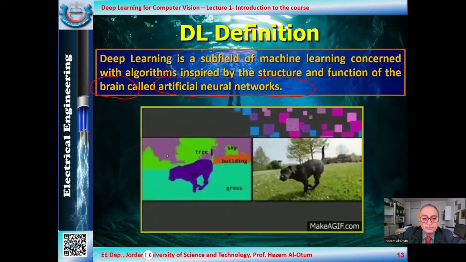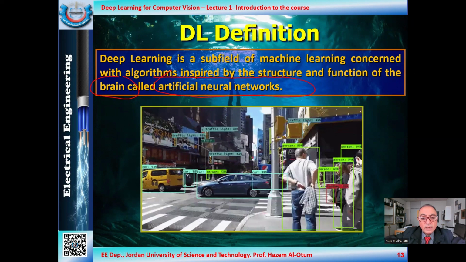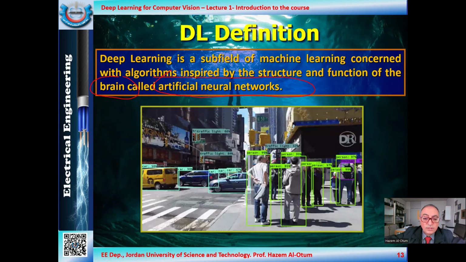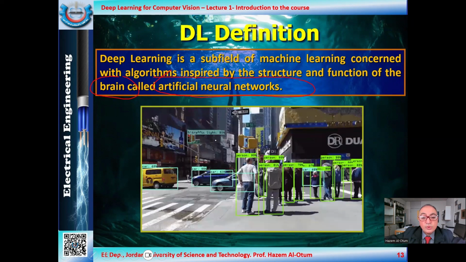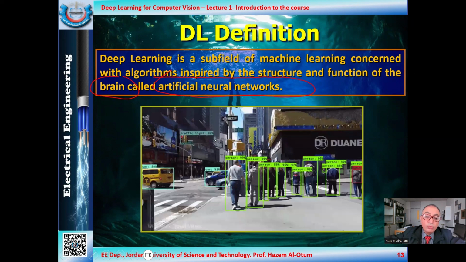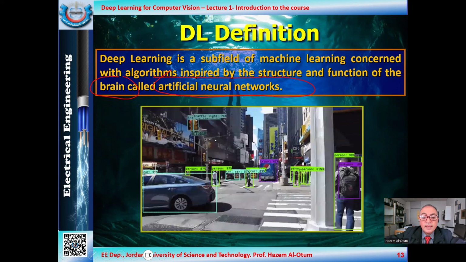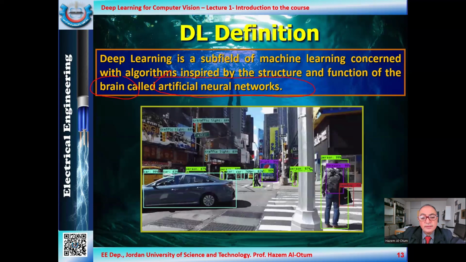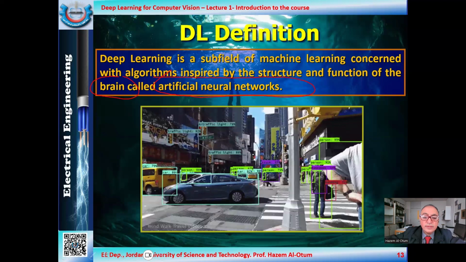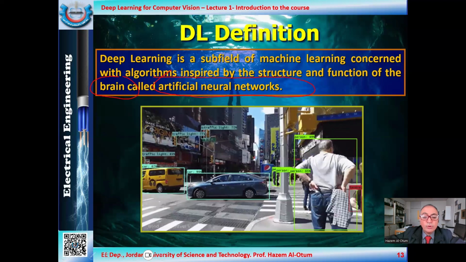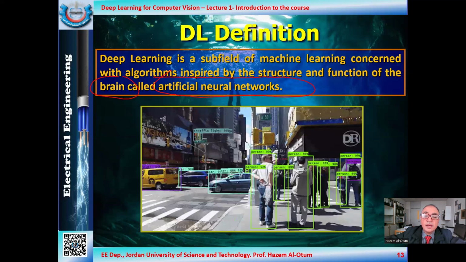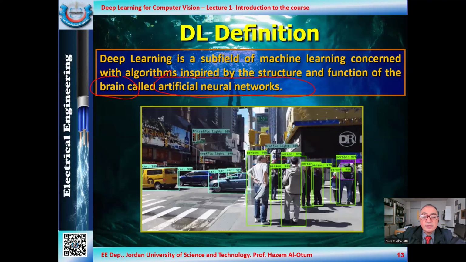I try to stop this video. Let's go back. It's 0.999 probability that this is a car. So it's almost 100% probability that this is a car. And here we have traffic lights at the top. So in deep learning, you are dealing with moving objects, or maybe with movies having moving objects, and we can recognize and classify all these with a surrounding box, a bounding box: this is a car, this is a traffic light, this is a man, this is a street, this is a building, etc.